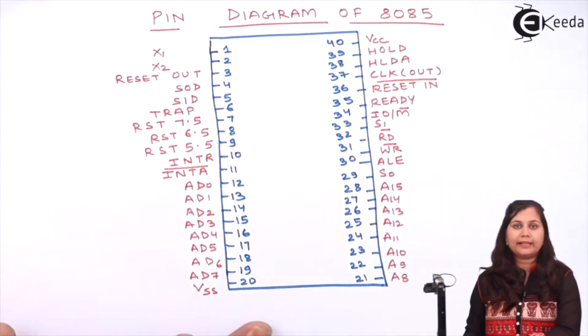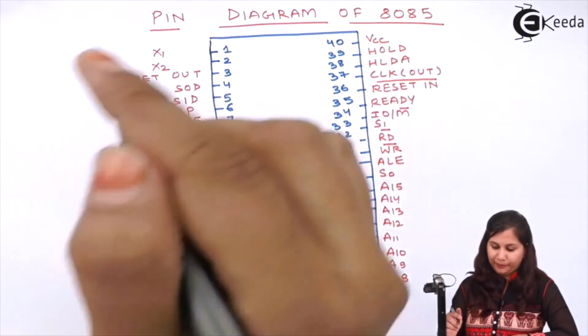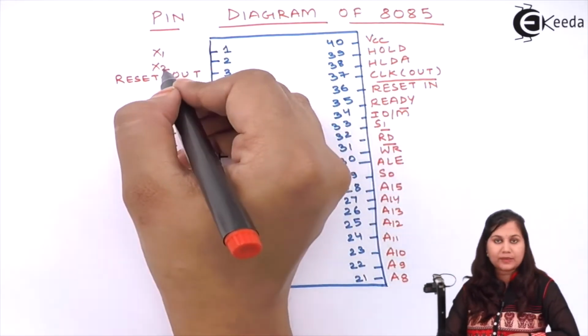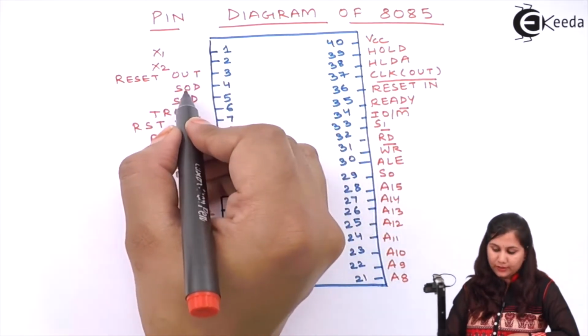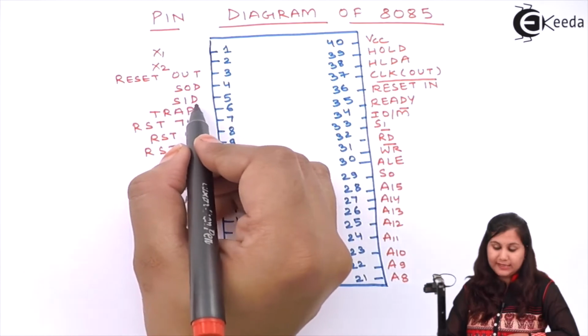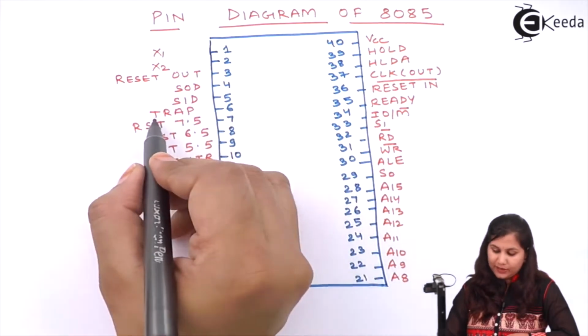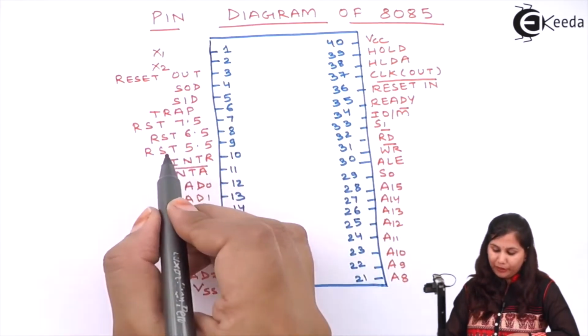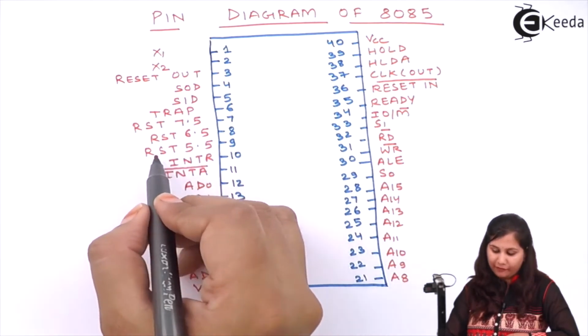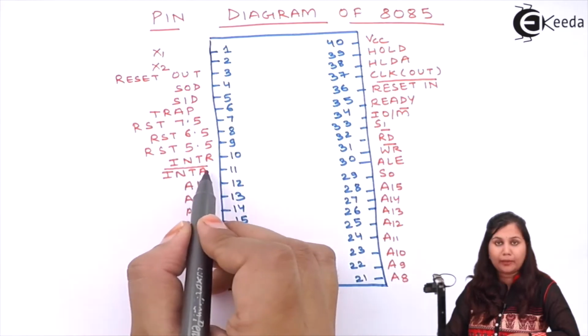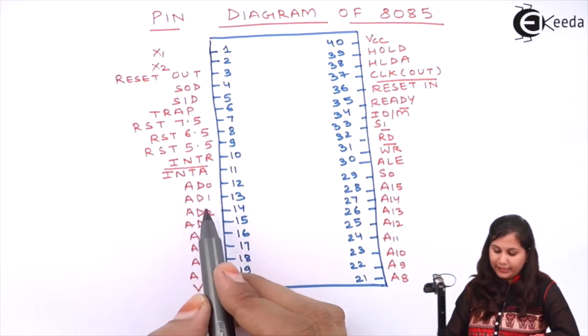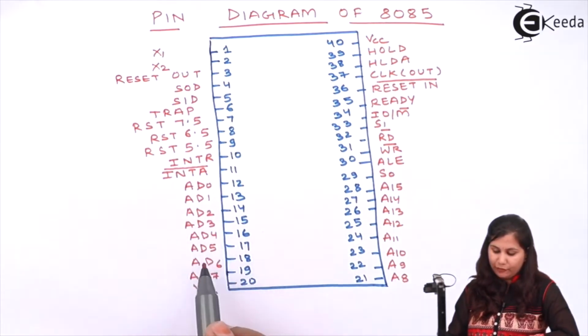So this is the pin diagram of 8085. The first and the second pin are X1 and X2. Third pin is reset out. Fourth SOD and fifth is SID. Sixth we have trap, RST 7.5, RST 6.5, RST 5.5, INTR, INTA bar, then AD0, AD1, AD2, AD3, AD4, AD5,